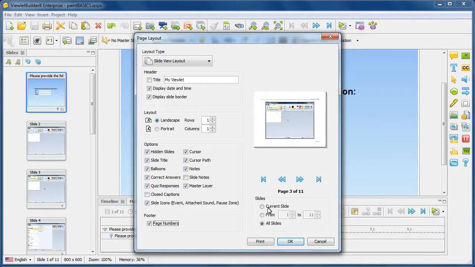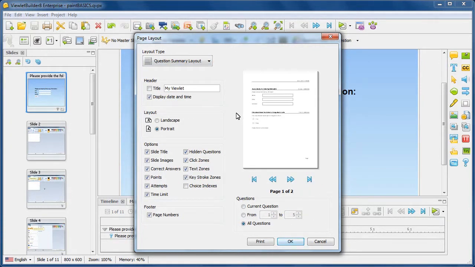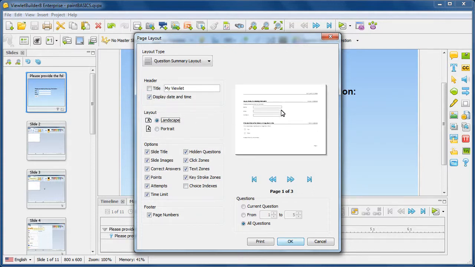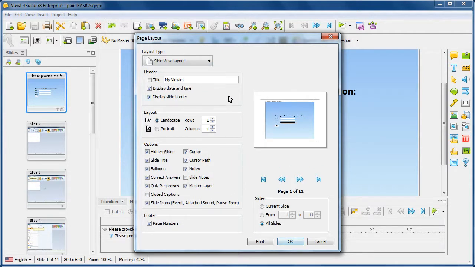And I can opt to maybe just print the current slide, have a series of slides, or choose all of the slides. In the question summary layout, if I want to use this as my default for the printer, I can go ahead and choose that, and again choose what options I want. And I can change how it's laid out and so on. Once I choose my options here, if I want, like I said, we already showed you, you can click OK